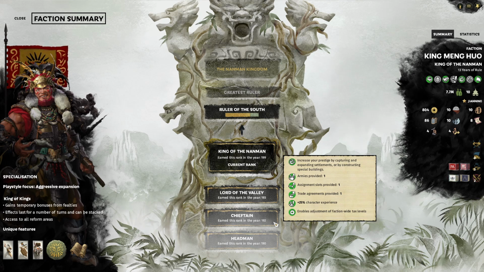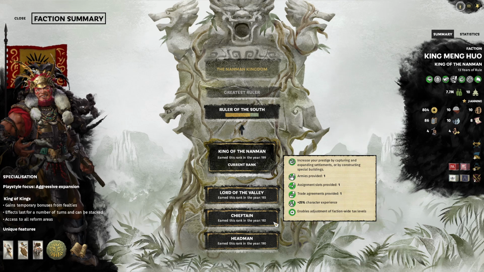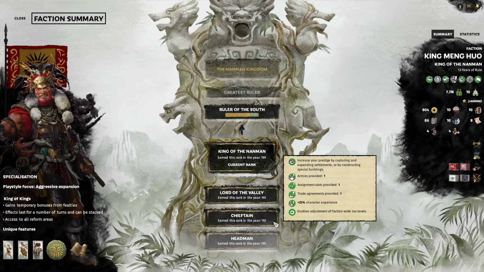And when you get to chieftain, you get 1 army slot still, 1 assignment still. So these are not additional, these are the cumulative amount. You get 1 trade agreement, 25% character experience, and you're able to adjust faction-wide tax levels quite early here. And that's going to be pretty helpful. And I've been using it to generate a couple rebel spawns, since many of you have asked me what type of rebels are spawned in the Nanman Land. And you get to find out about that tomorrow, as I have timed it pretty well. And there is actually a rebel that has spawned on turn 65, and we'll get to fight that at the